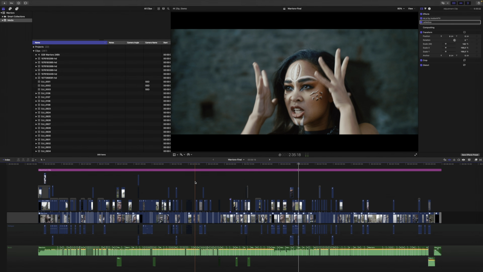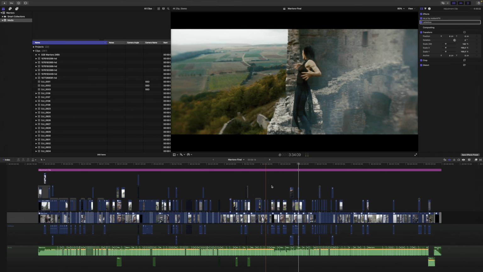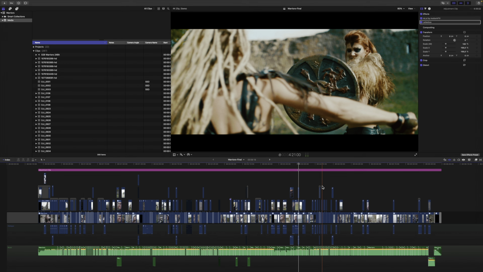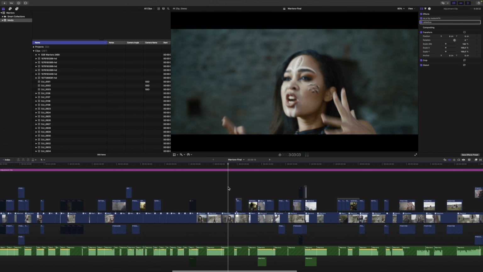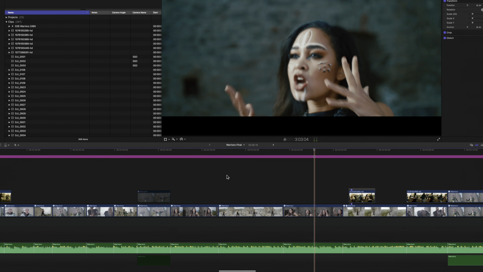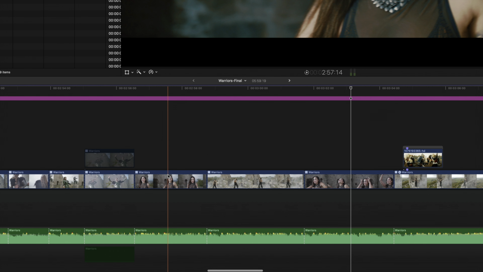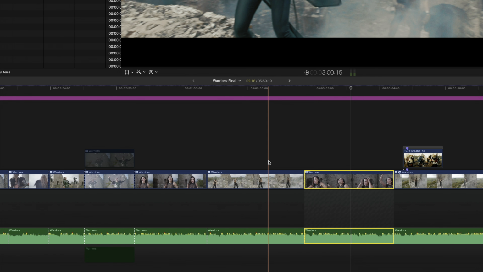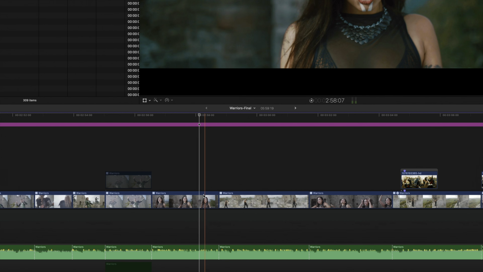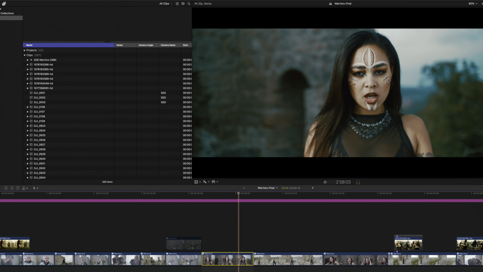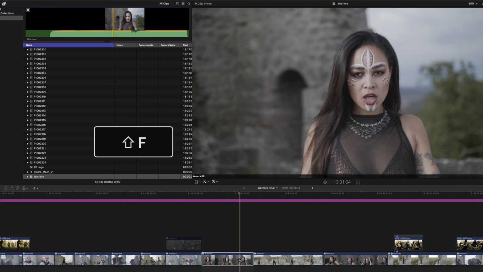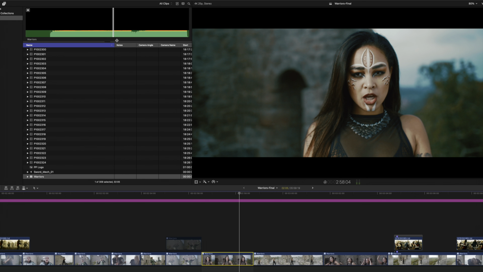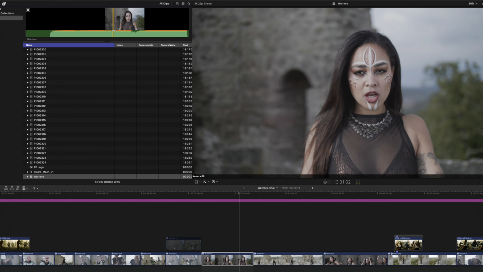Another very welcome change for users of synchronized or multicam clips is the ability to view the source of a multicam camera position or that of a synchronized clip in the overview. Meaning that until now, if you had a multicam or a synchronized clip in your project and pressed Shift F to reveal it in the event browser, that's where the process ended. In other words, with a multicam clip, if I position the playhead over it in the timeline and press Shift F, the multicam clip itself is revealed in the event browser, and it even switches to the relevant active camera.